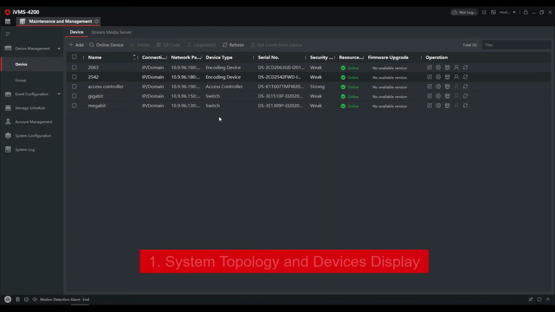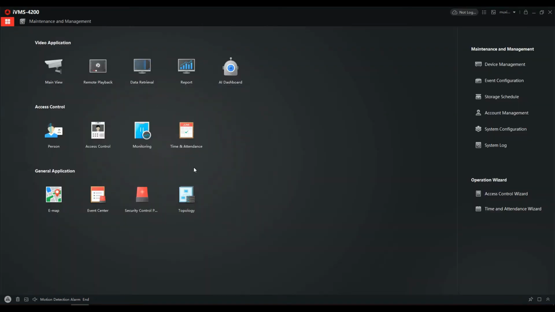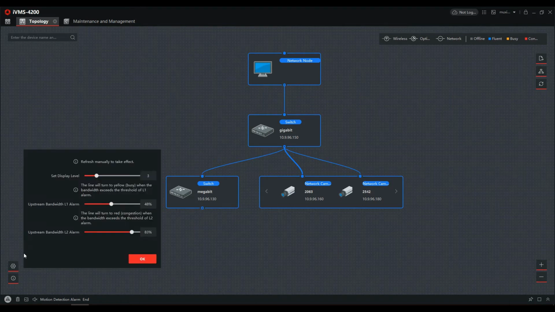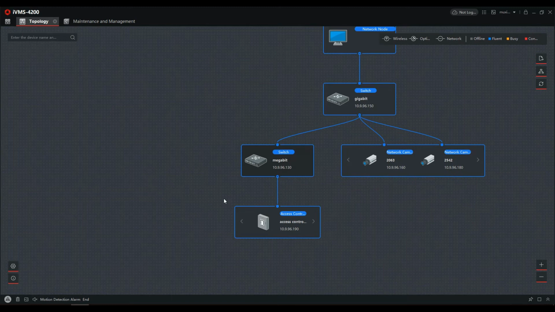First of all is the system topology and devices display. We can get back to the home page and find the topology module. The platform will automatically generate the system topology. It will cover all IP devices in the CCTV system, and you can clearly see the device connection of each branch. Click here to set the display level. And now there are 3 layers. Of course, you can choose to show or hide the nodes as you want,